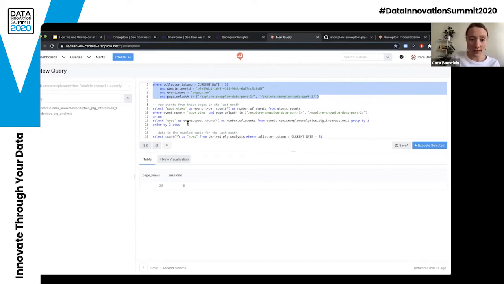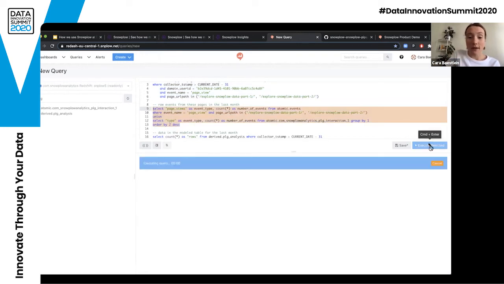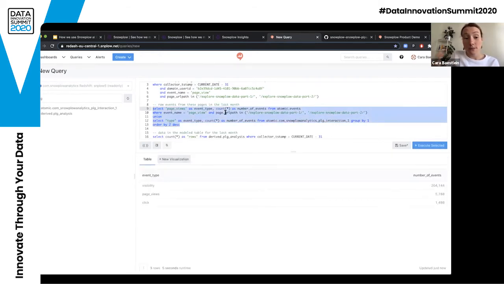And to give you an example, I'll just show you the number of raw events from these pages in the last month. So if I execute this SQL, this will just count the number of page views we've had from these pages in the last 30 days and the number of interaction events. And you can see the number of pages isn't too bad, but there's a lot of visibility events. So the visibility events are the ones where you're scrolling past columns. So really that's a lot of data, and that probably is difficult to work with from an analysis point of